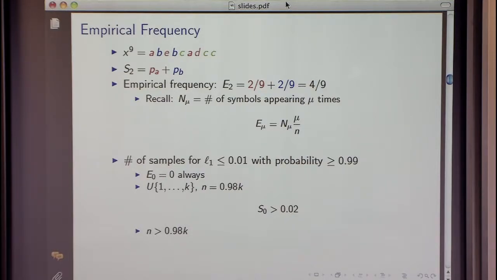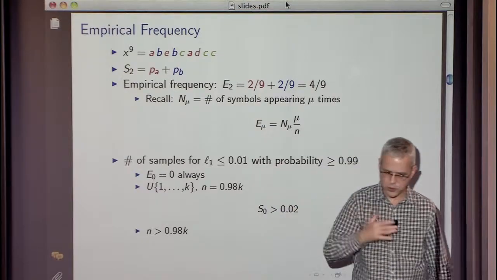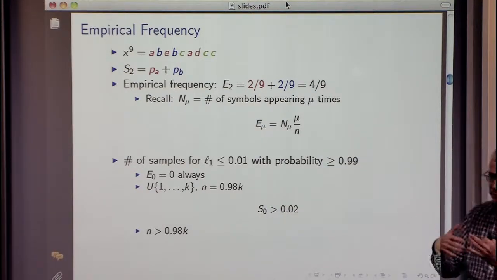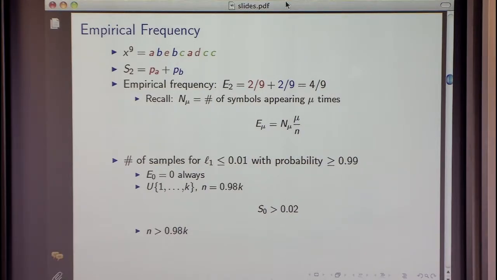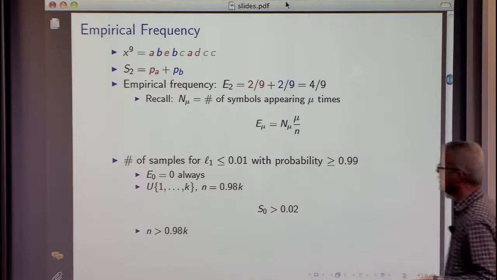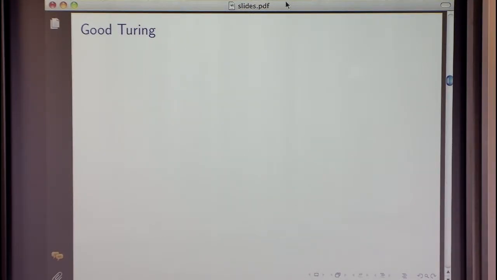Okay. So the empirical frequency requires a number of samples that is proportional to k, and now remember our job is to try to get this number below k. That's all our struggle, everyone's struggle in the last 10 years: to find methods that let you estimate distributions with fewer samples, definitely fewer than linear. Okay. So,